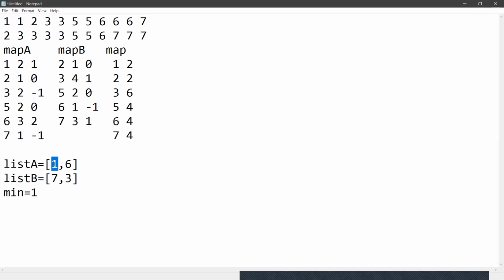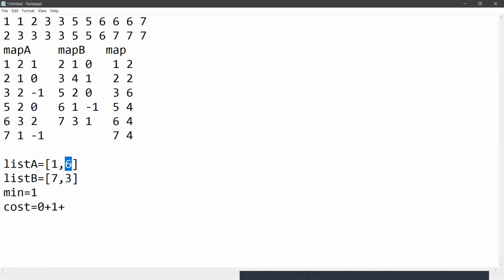So I traverse and compare ith values. 1 comma 7: this 1 compared with 7, the minimum value is 1, and this 1 is equal to the minimum. So no need to do any operation, and directly add this minimum of 1 and 7. So cost is 0 plus 1.